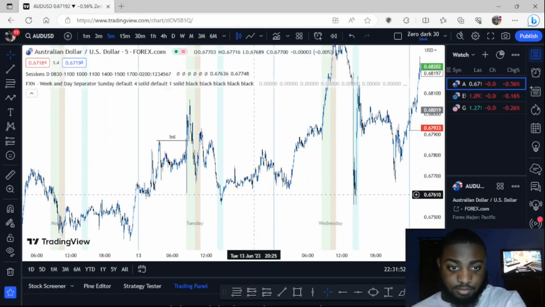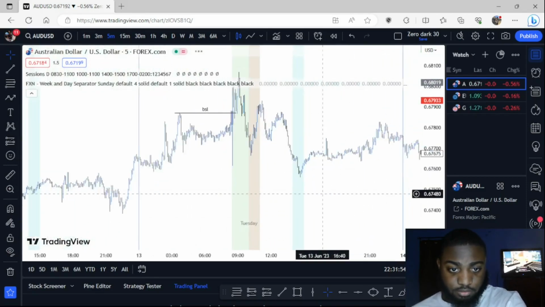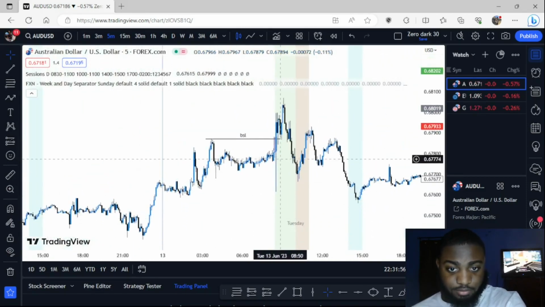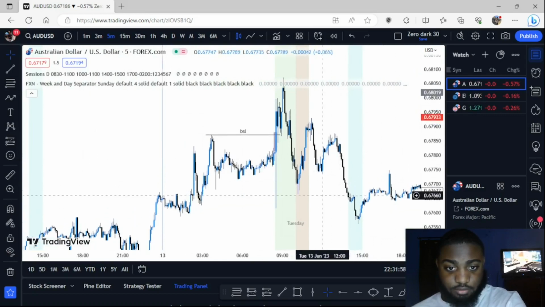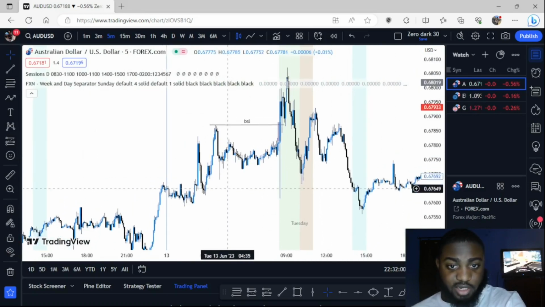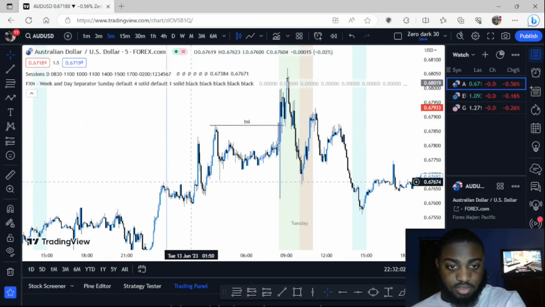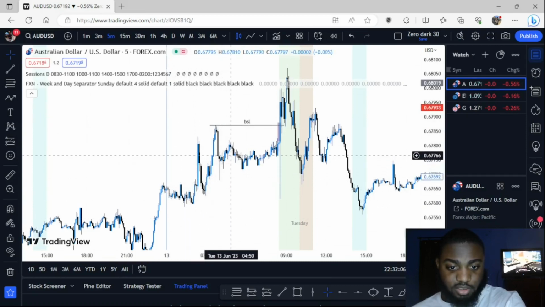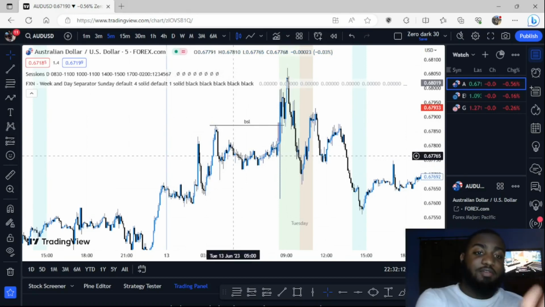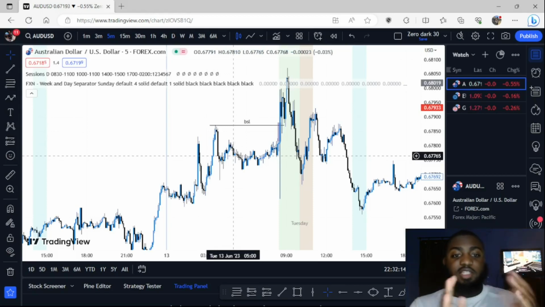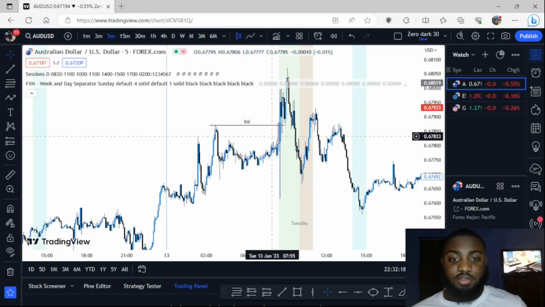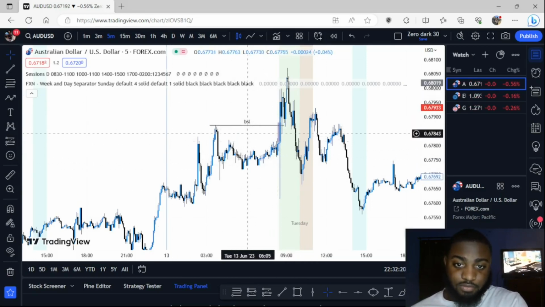Right? As you see here, what happened? During the session, price took out all of this that was made during London session, because this is one session right here. The session stops at 5. So from there to the left to this blue line, that's London session. London session was completely swept bullishly here.